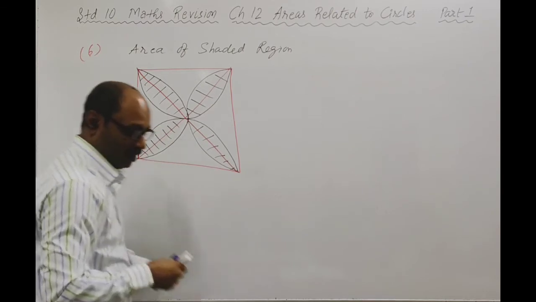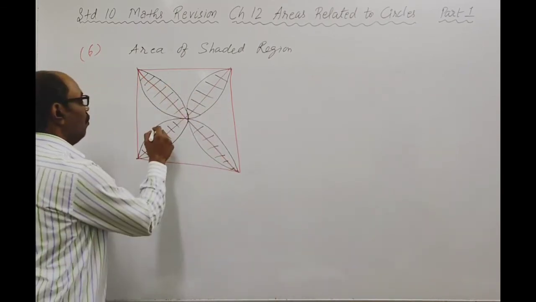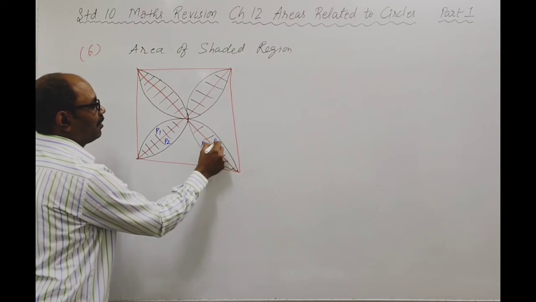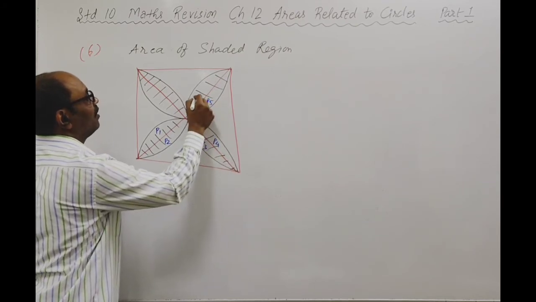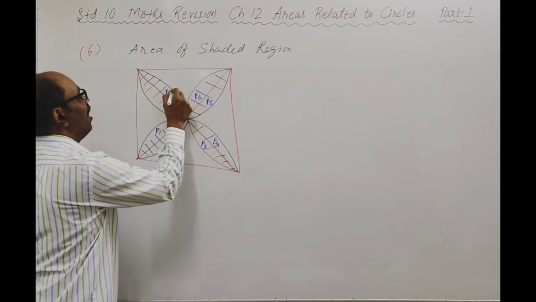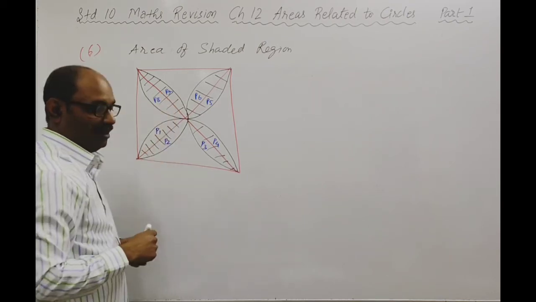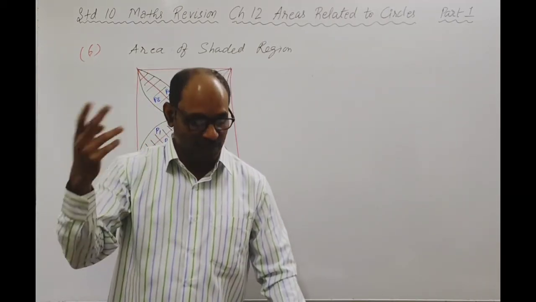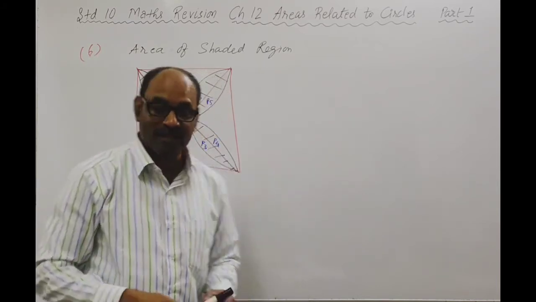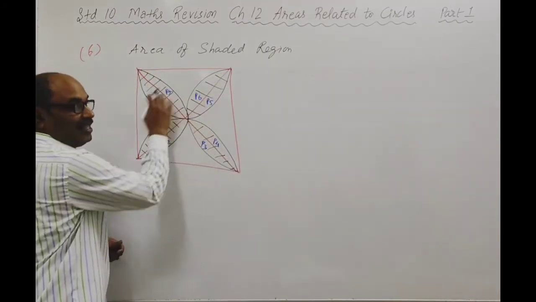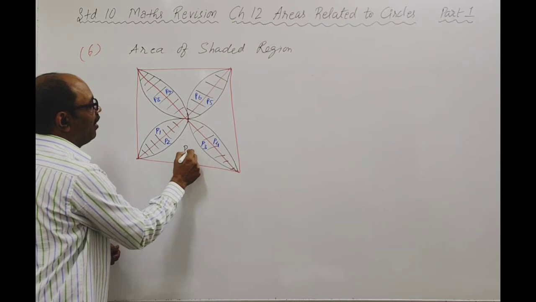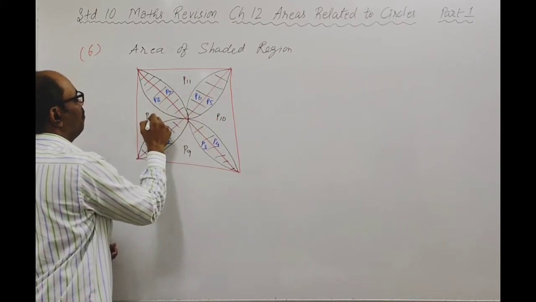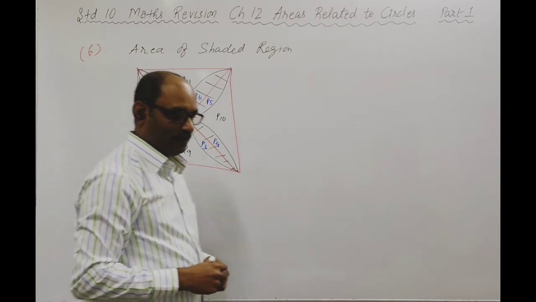And I'm dividing that into parts. Let's say this is part 1, this is part 2, part 3, part 4, part 5, part 6, part 7, and part 8. So the shaded region, which initially had 4 parts, is now divided into 8 parts. And we have the unshaded region as well. I'll call it part 9, part 10, part 11, and part 12. Okay?